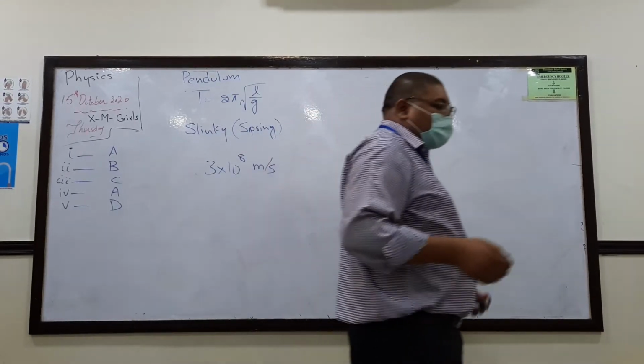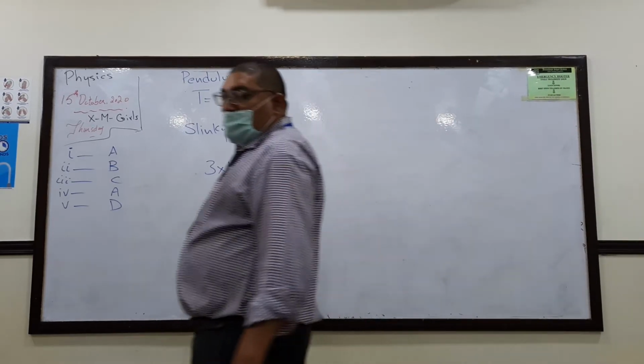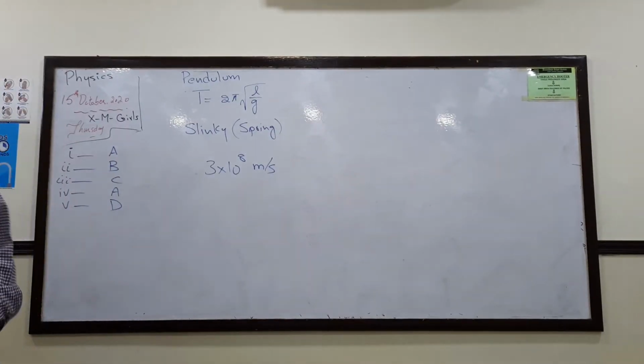It is a very famous property of electromagnetic waves. In vacuum, all the electromagnetic waves travel with the speed of light, that is 3 × 10^8 meters per second. This number is represented with C. So what is the choice? They have the same speed. So A is the choice.